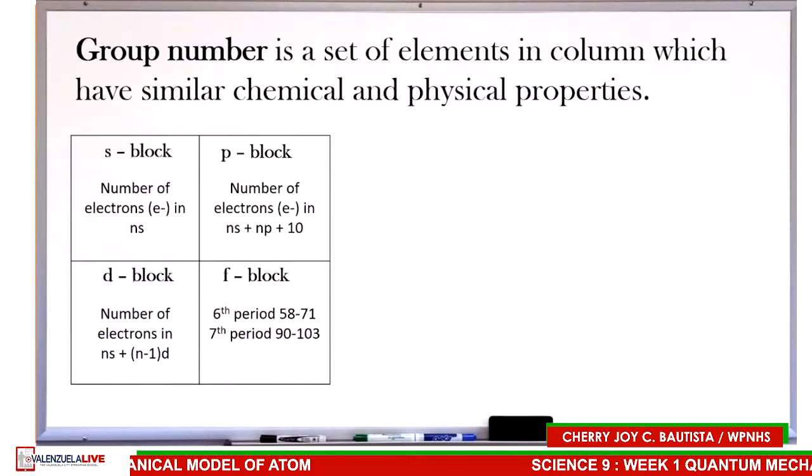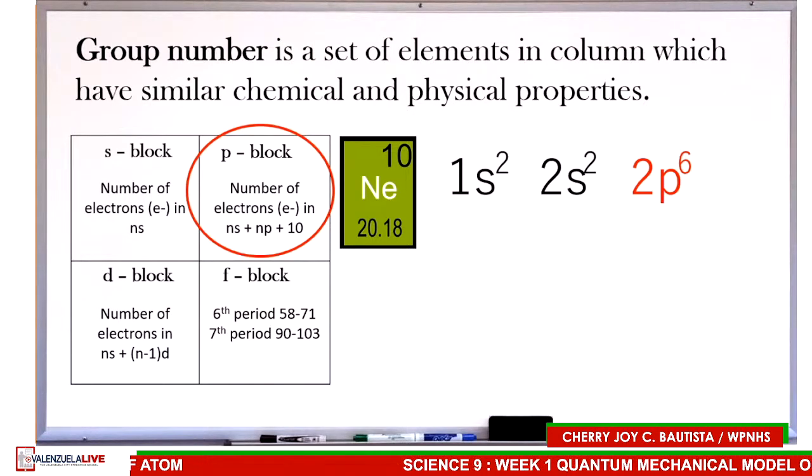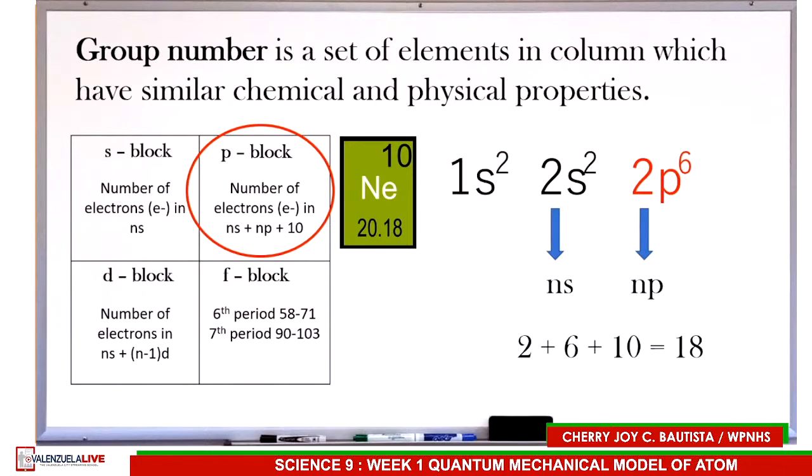Going back to our example neon, since the last electron is in P, we are going to use the formula in the P block, wherein Ns plus Np plus 10. Let's substitute this. We get 2 plus 6 plus 10 equals 18. Therefore, neon is found on group